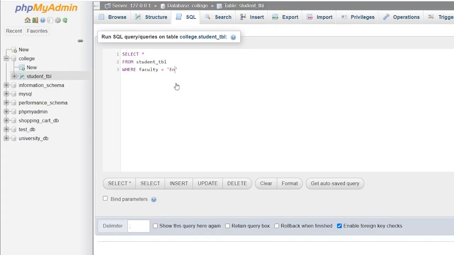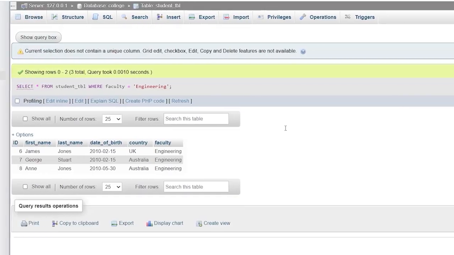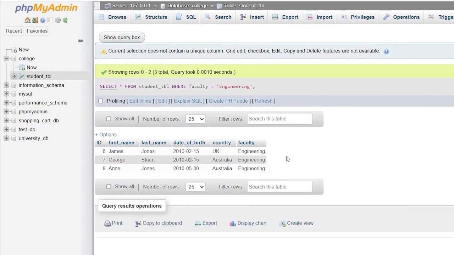Finally, I write engineering enclosed in single quotes, which are required for text values or operands. So I'm instructing MySQL to fetch only the details of the students who are attached to the engineering faculty. Then I run the query. As per the filter condition, it has retrieved the student records of the 3 students in the student table listed